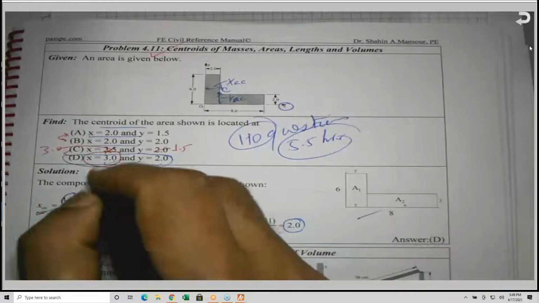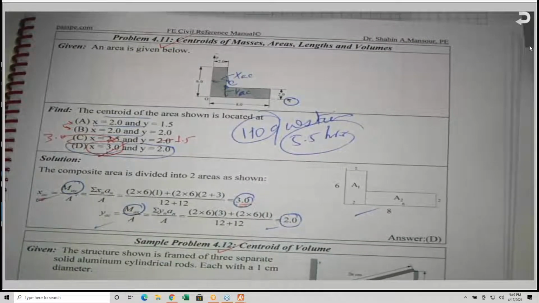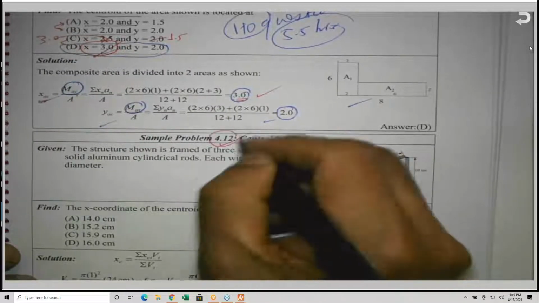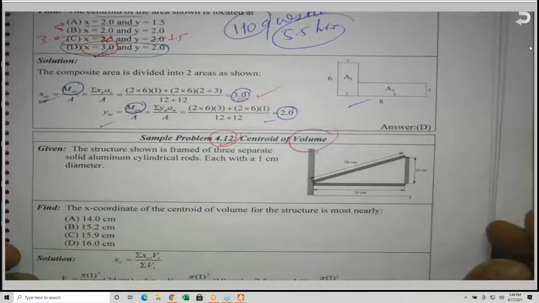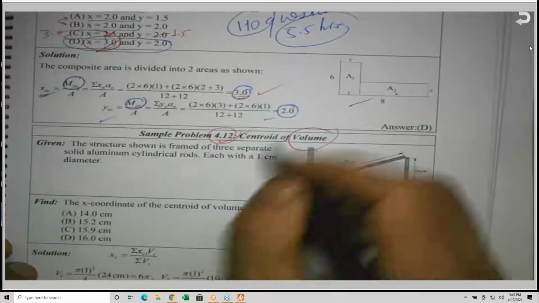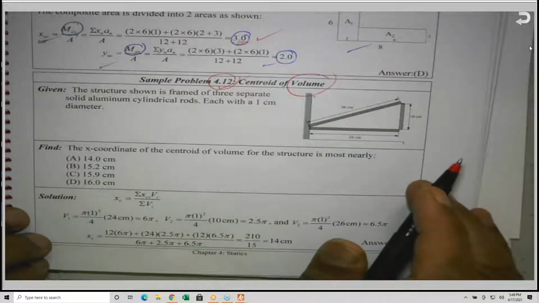But here we are lucky, we have only one answer matching this. I can pick it up and go home happy. And okay, the centroid for volume or for length could be computed also. This is a centroid for volume. So you have the following structure: